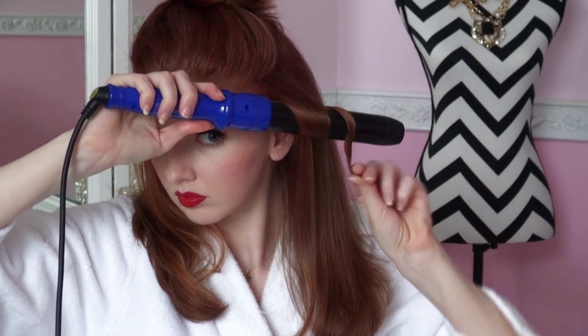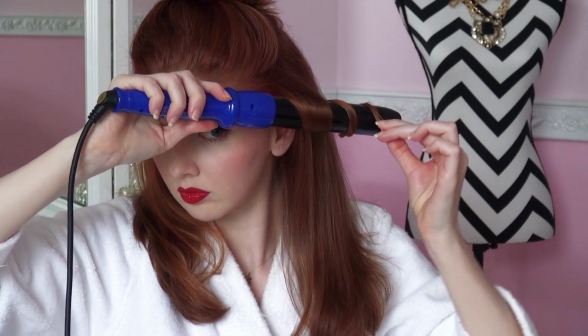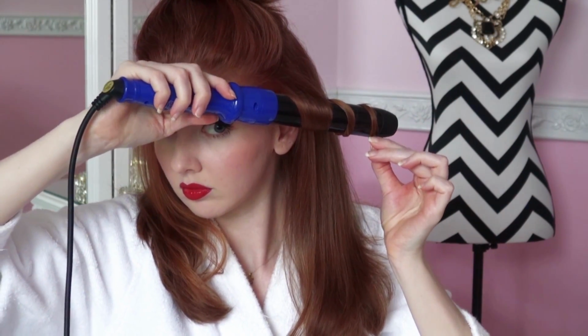I love this stuff. And when I curl my hair to look like this, like you've been seeing in a lot of my recent videos, I use the Sapphire 8-in-1 curling wand. This is from Irresistible Me. I did make a video about this a little while ago. I love this wand. It has 8 barrel attachments that come with it, so you actually get 8 different hairstyles with one tool. In this example that I'm showing here, I'm using the 32mm barrel with the wand,